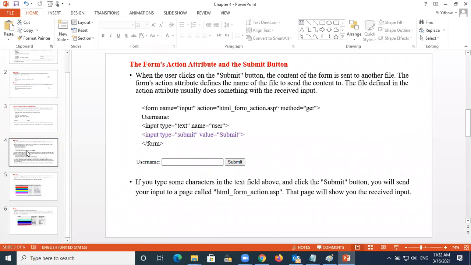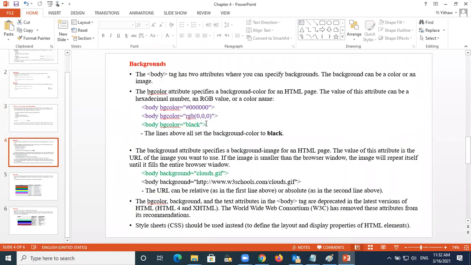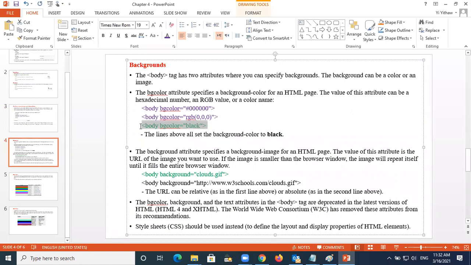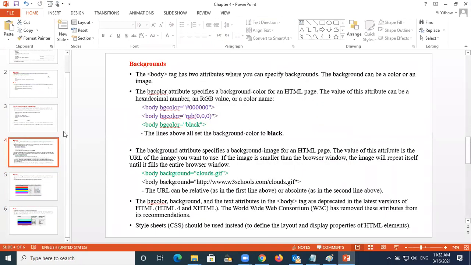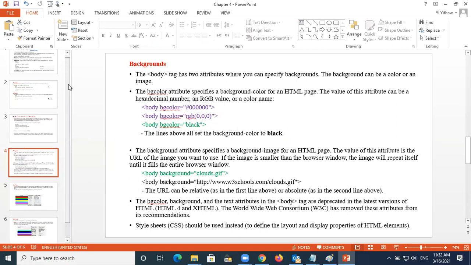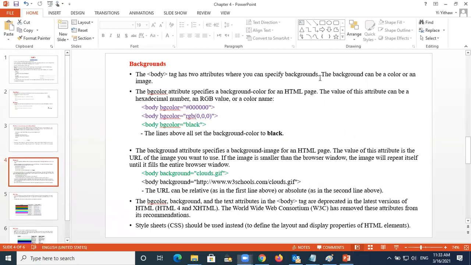We already know how to put the color. Remember, in the first chapter, we put the BG color. But now they show us how you can put many colors, not only writing the BG color black here. This is a very simple one also. We will go through it this week and finish this chapter. Again, it is very easy and we don't have much left. I'm not going to teach you many things. These are all the things that you need to know, inshallah.